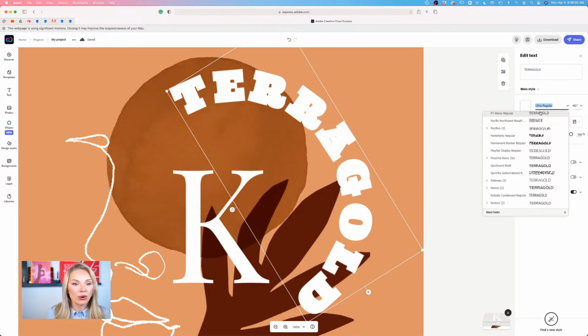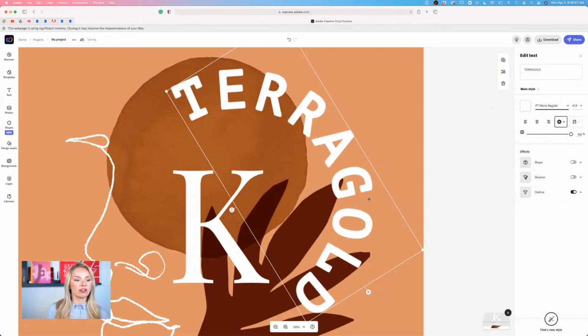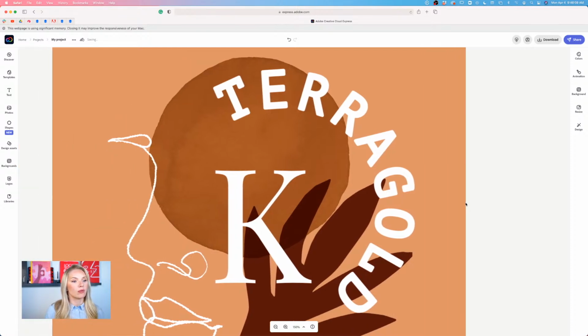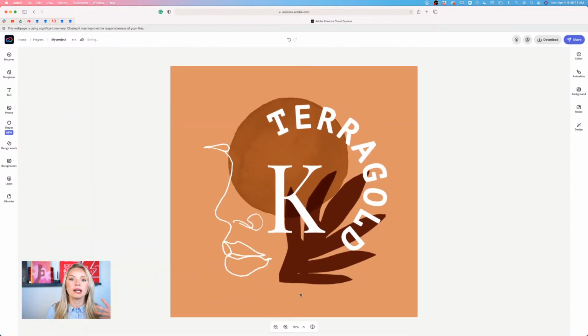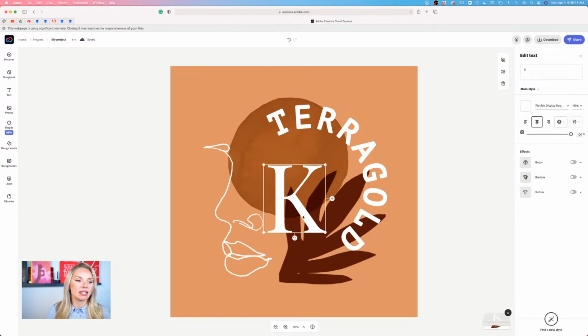Cool. PT Mono, that's also a nice one. This is a very simple font that I think we could go with, but we can zoom out and experiment a little bit more. And here with the letter K, what we can also do is,